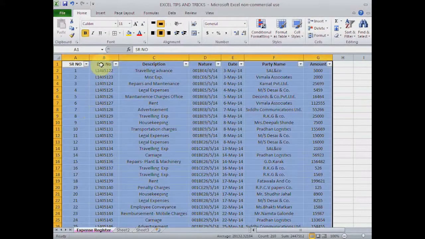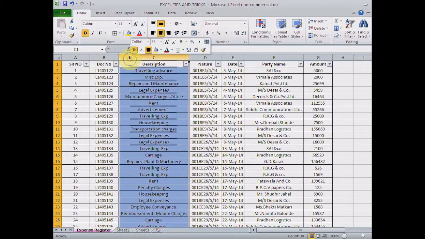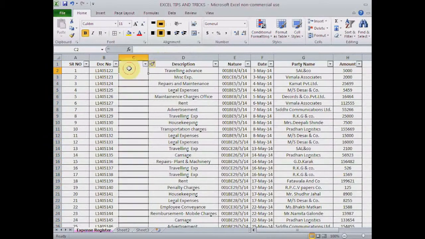During the process walkthrough, the auditee has told us that every document number for expenses starts with L. So we need to make sure whether every document number for expenses starts with L. So how do we know whether every document starts with L? We can use the function of @left for this.